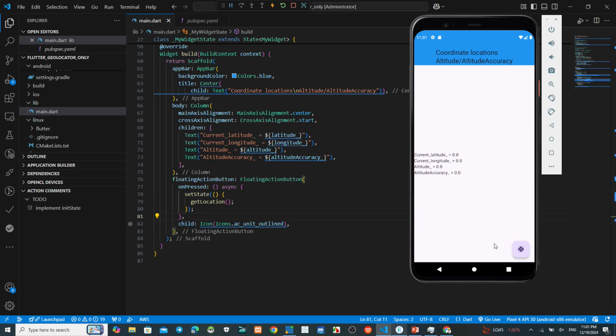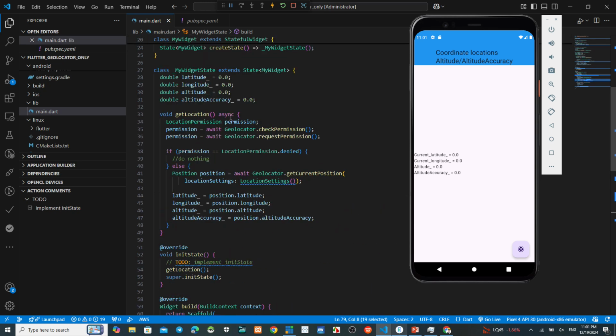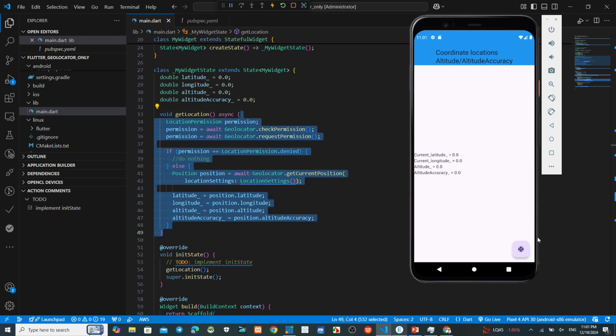See this one. Okay. Now after we run and then we make a refresh here, it means if we click the button here, it means to run this get location function.